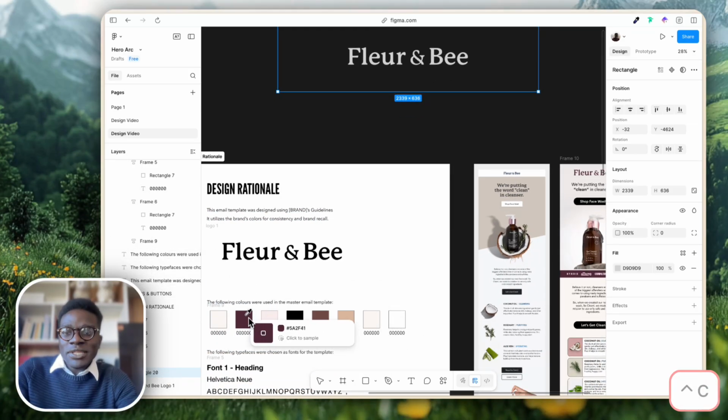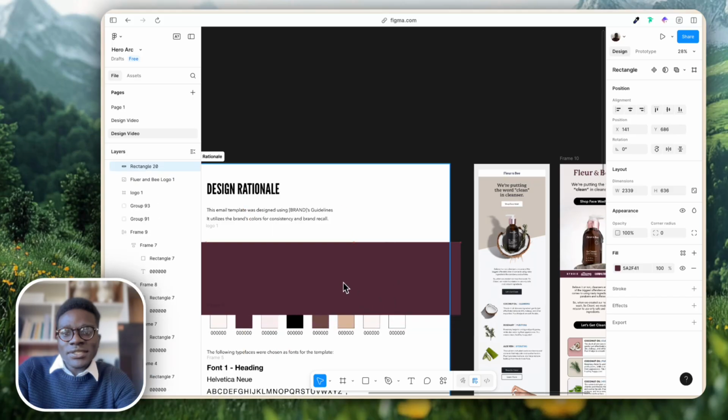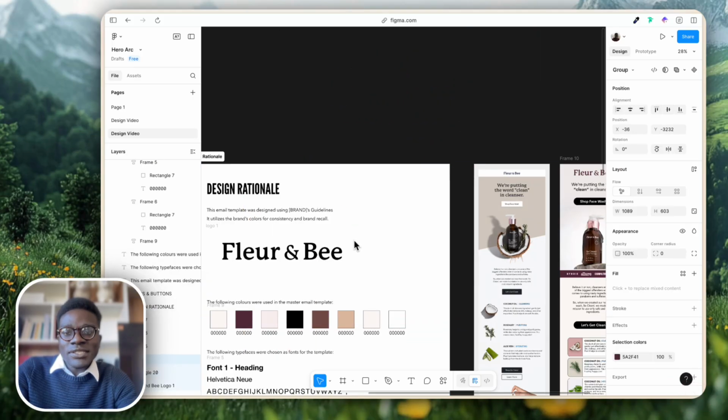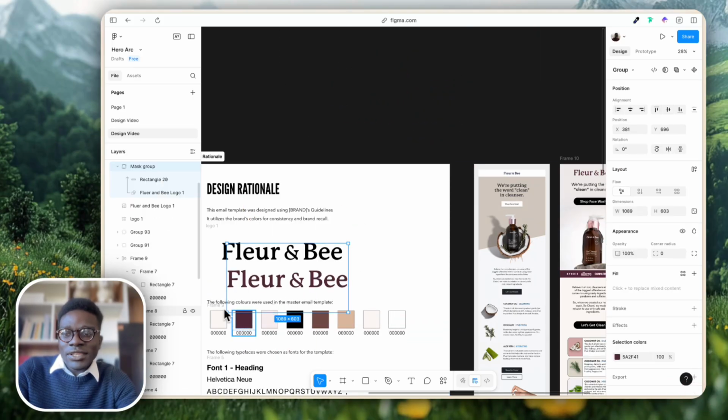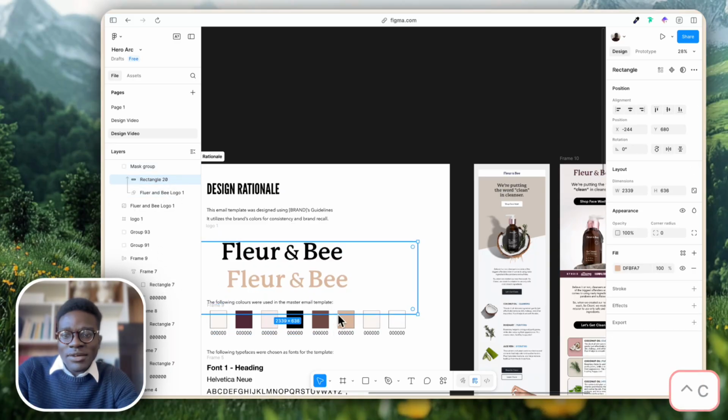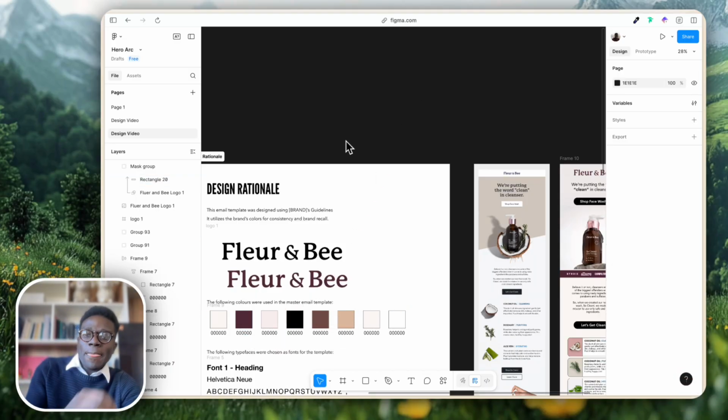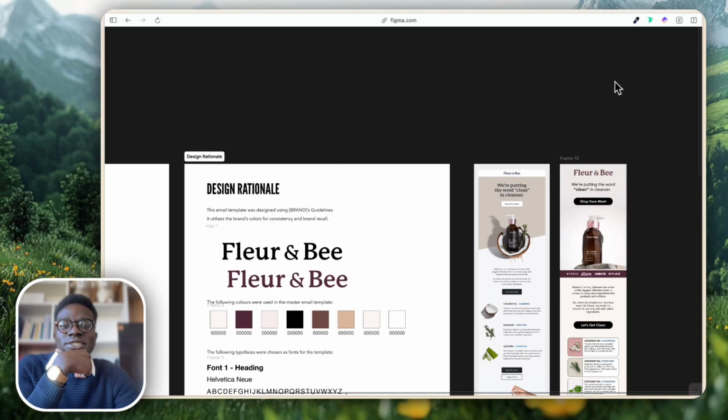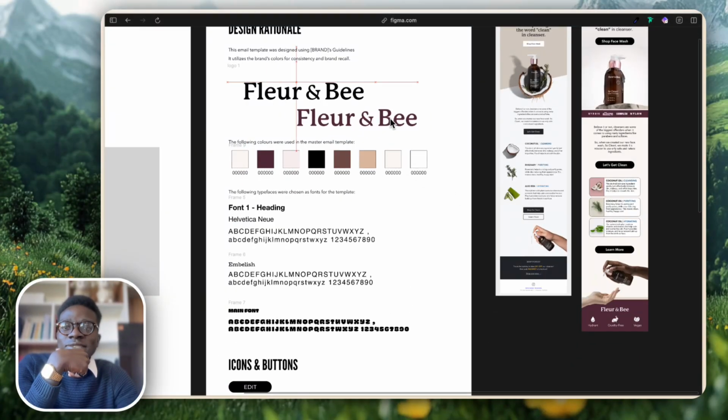So let's say we wanted it to be this color. Now our logo is this purplish kind of color. Let's say we wanted it to be this brown. Now our logo is this brown, and you can quickly understand the power and versatility of building it out this way. So now we have our logos, and we can pretty much play around with this